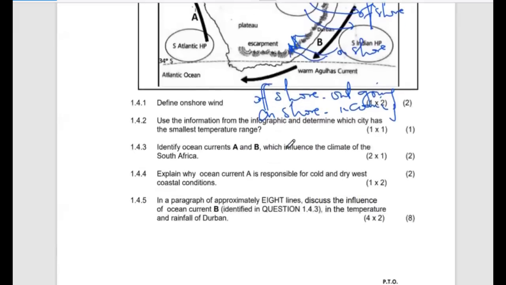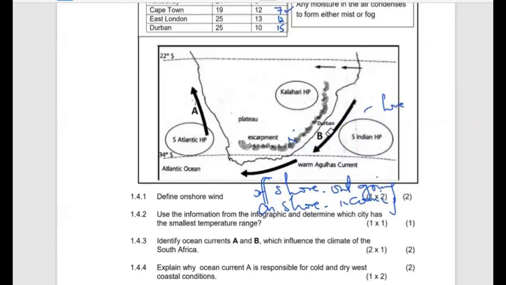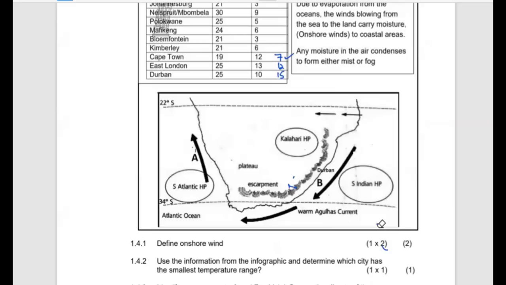Identify ocean currents A and B, which influence the climate of South Africa. You just have to check on the map and see the ocean currents, which influence the climatic conditions of South Africa, right? If we check here, you find that this is the Indian Ocean on the east and the Atlantic on the west. So the ocean currents that tend to move here is coming from the equatorial region, which is a warmer region, and we tend to have a warm ocean current, which is the warm Mozambique